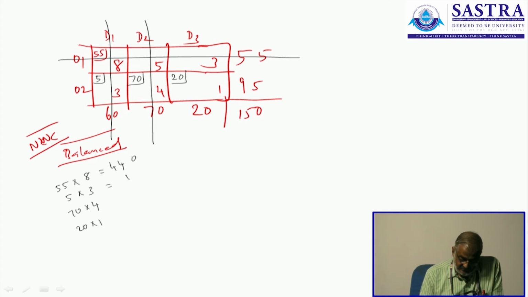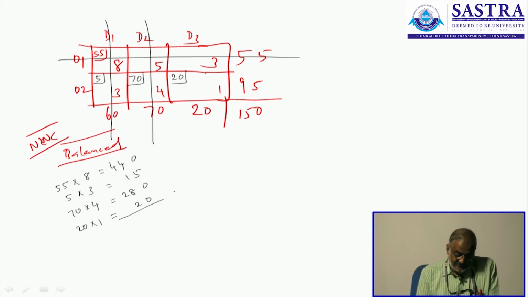440, this is 15, this is 280, this is 20. So the total transportation cost with respect to the northwest corner rule is given by 5, 10, 11, 15, 1, 1, 2, 3, 7. Am I right? So let us solve this problem by